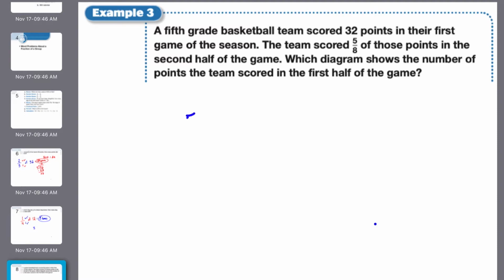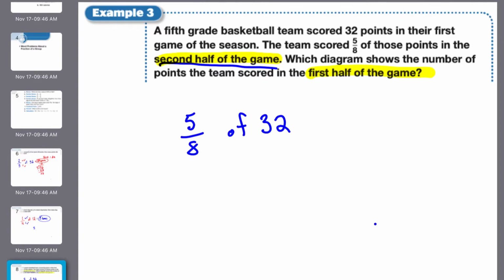So we have 5/8 of 32 points. That was in the second half of the game. We're looking for how many points they scored in the first half of the game. So I can do one of two things. I can either find 5/8 of 32, and then I'll find the difference to find it in the first half,